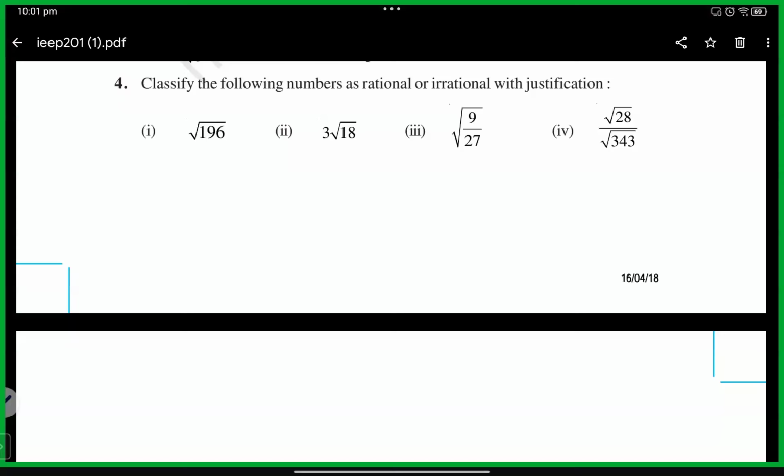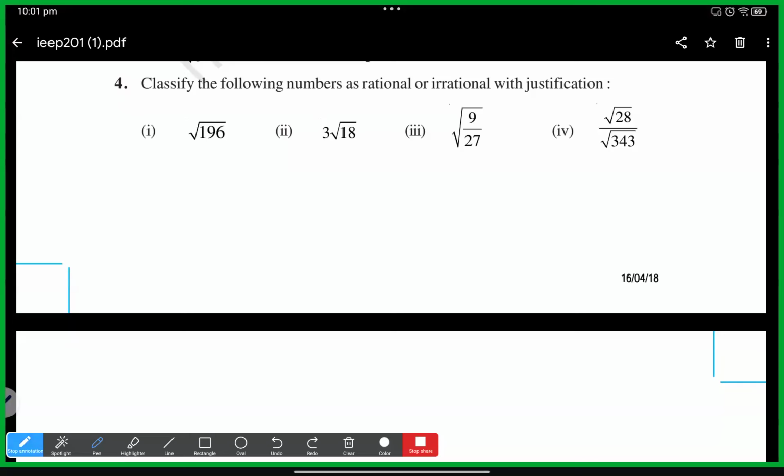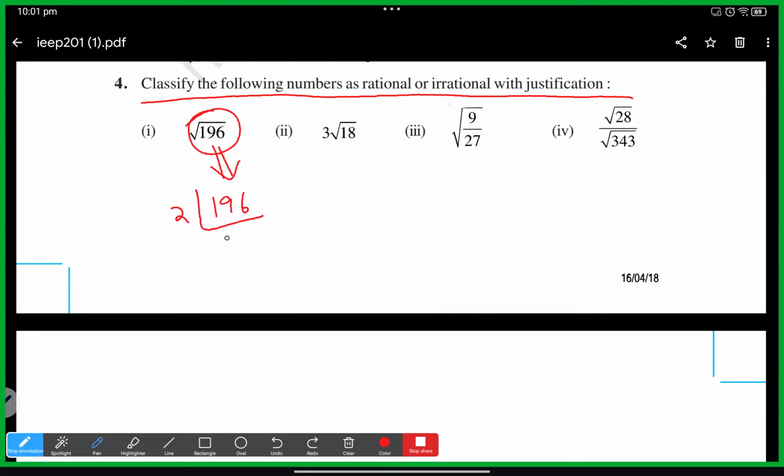So here in the fourth question, can we classify the following numbers as rational or irrational? So root 196. Root 196 is nothing but going to be, if we do the prime factorization of 196, we